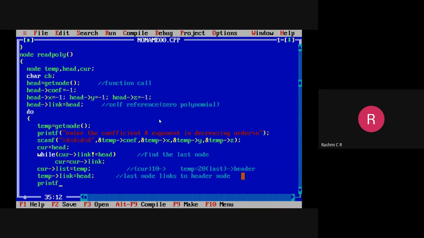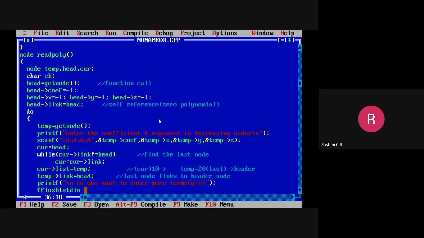Afterwards, if you want to continue, I can specify an option given for the user if they want to enter a few other terms. Do you want to enter more terms? Specify yes or no. This is an option given for the user, and we will be clearing the input buffer since we are using the characters y and n.